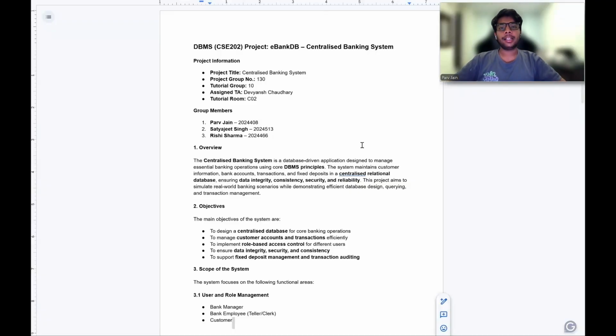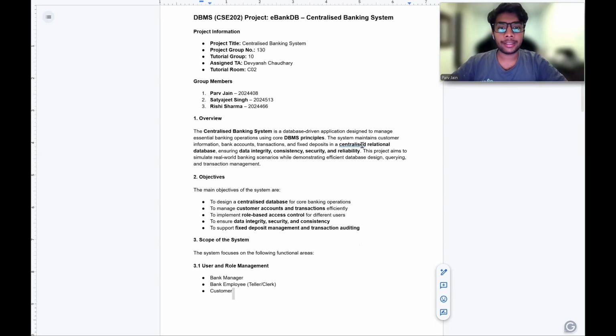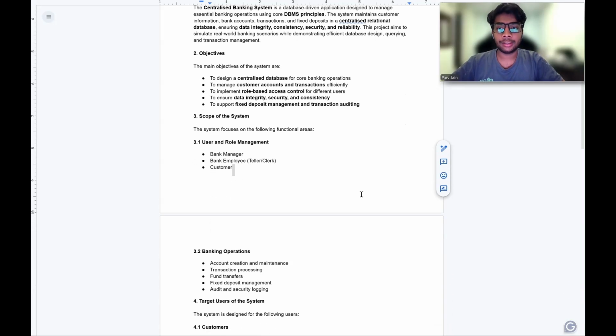Hello everyone. I will be explaining our DBMS project based on the centralized banking system, also called ebankDB. The overview of our project is that the centralized banking system is a database-driven application designed to manage essential banking operations using core DBMS principles. The objectives of our project are to implement role-based access control for different users,